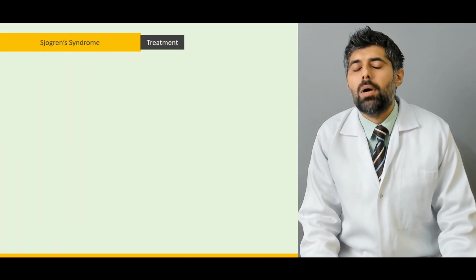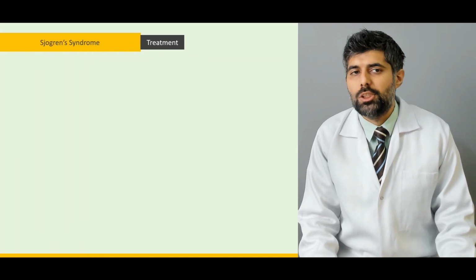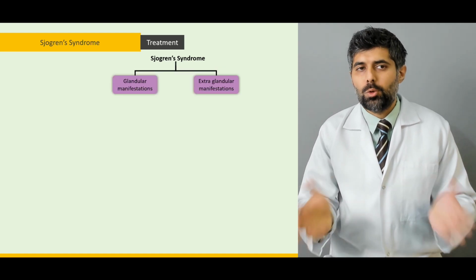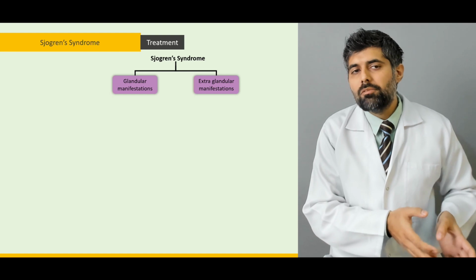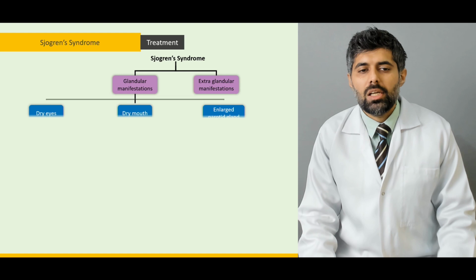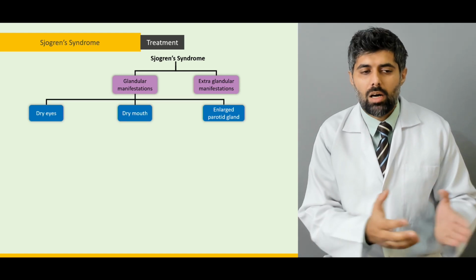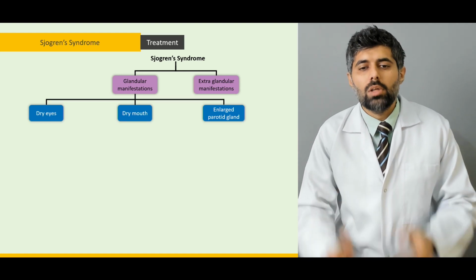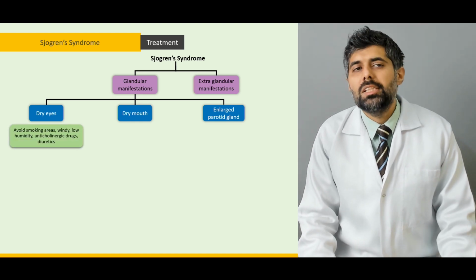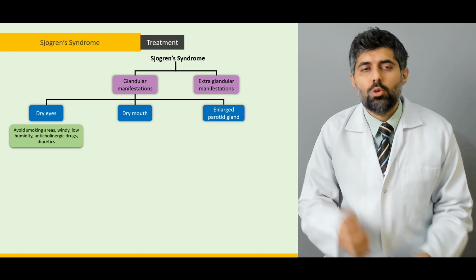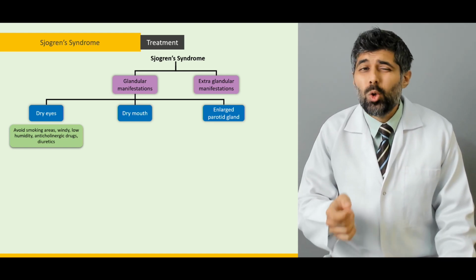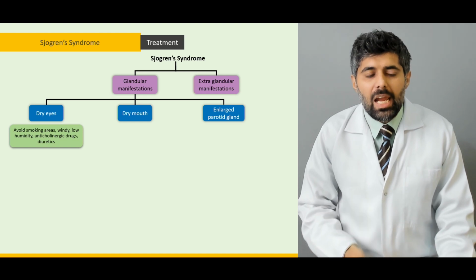Next, we'll study the treatment of Sjogren syndrome. The treatment of Sjogren syndrome is divided into two: the glandular manifestations and the extraglandular manifestations. The glandular manifestations again are the dry eyes, the dry mouth, and the enlarged parotid glands. For dry eyes, we advise the patient to avoid smoking areas, to avoid the windy, low humidity areas, and to